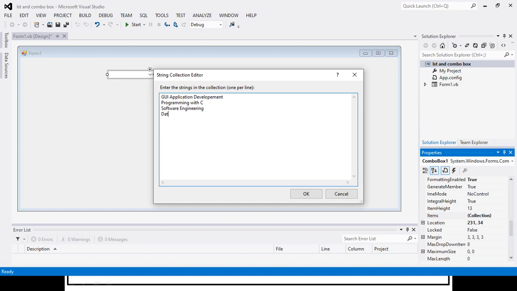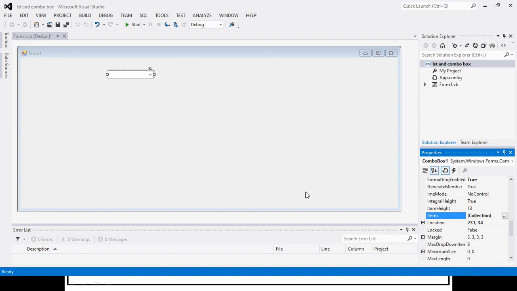After that, Data Communication Network, and Java Programming. And microprocessor and controller. So this is the list of items of my combo box.